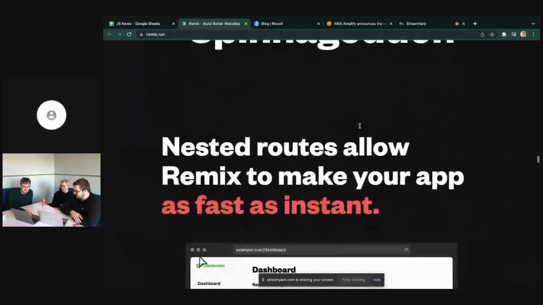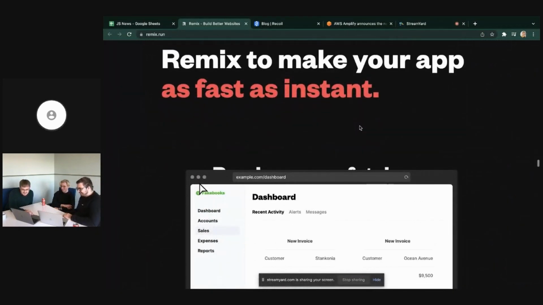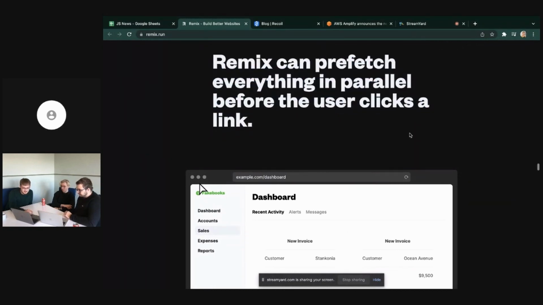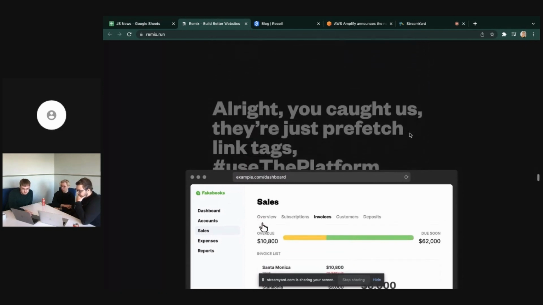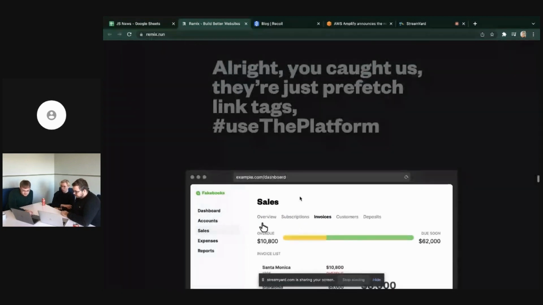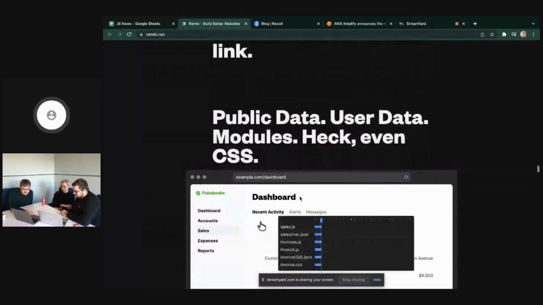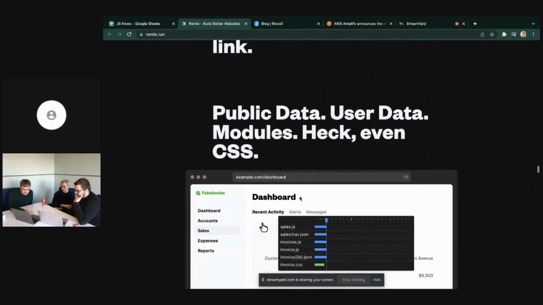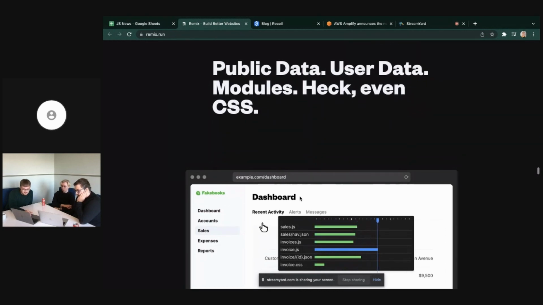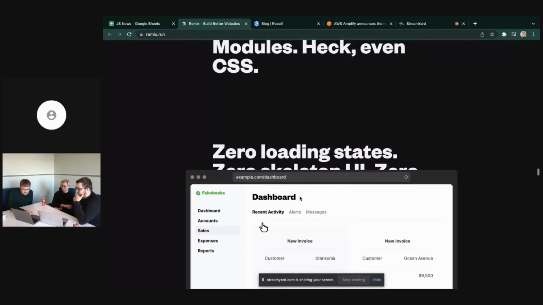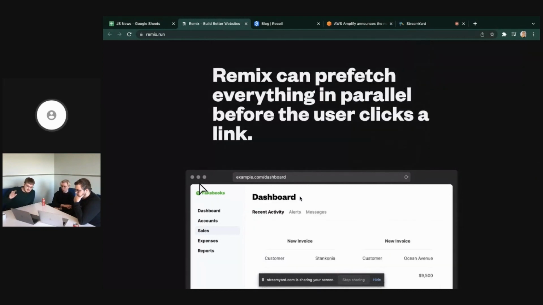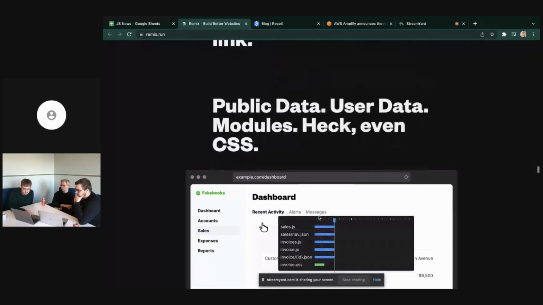Okay, so they're saying no to spinners. Yeah, probably. And then yeah, the prefetching of links. I think the prefetching of links is amazing. So you just hover. Yeah, I think we can show that. Oh yeah. Okay. So you hover on the link and it starts loading before you even click. Nice. So that's an amazing one, and all the nested routes are loaded too. Yeah, cool. So basically, in the ideal case, if you're using Remix, you should never have a spinner or